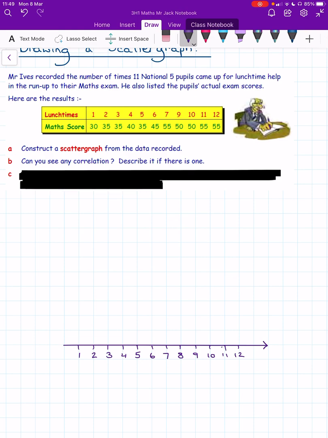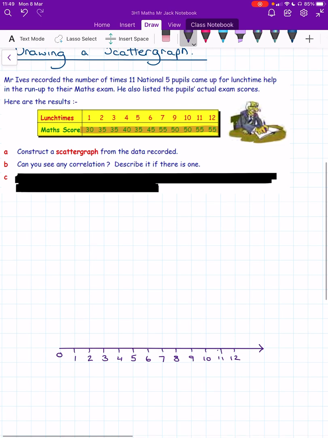Now, on the other axis, on the y-axis, I'm going to put my maths score. So this data along here looks like it ranges from 30 to 55, okay? Now, this axis starts from 0, and I have a couple of options. I can start my axis with my math score from 0, and that would make that 10, 20, so my first point would be here, which makes this wasted space. Now there's something we can do to help that,